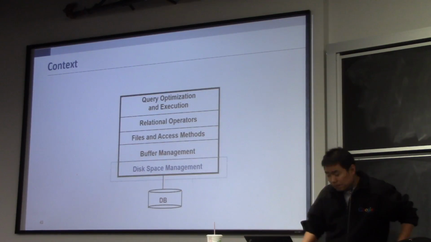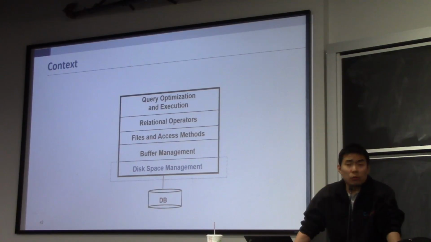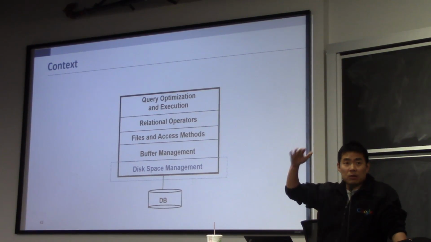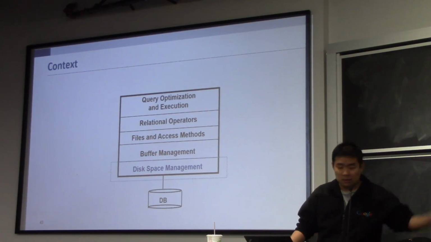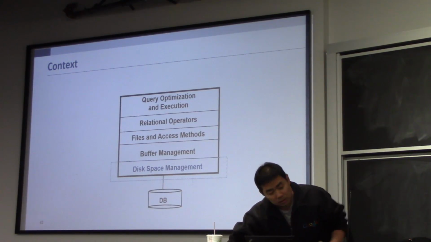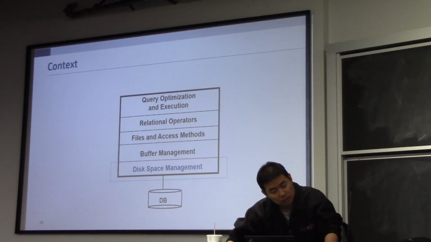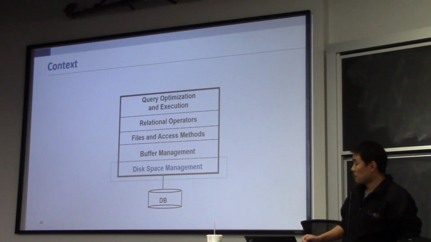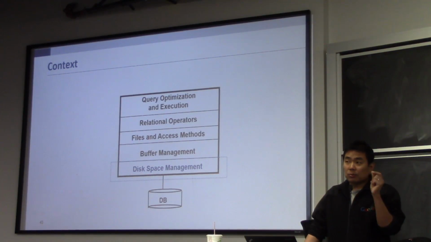Okay. So, a quick overview of what we have discussed. We talked about storage hierarchies. We talked about hard drive in particular. Then we talked about buffer management. Before I proceed, I don't know why it's not showing right there. Is it showing up? Okay, cool. So before I proceed, I just want to spend maybe 1 or 2 minutes to briefly talk about